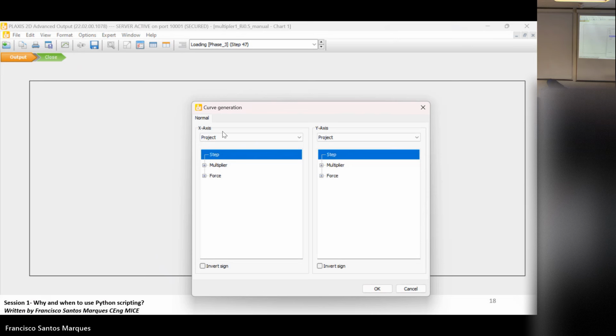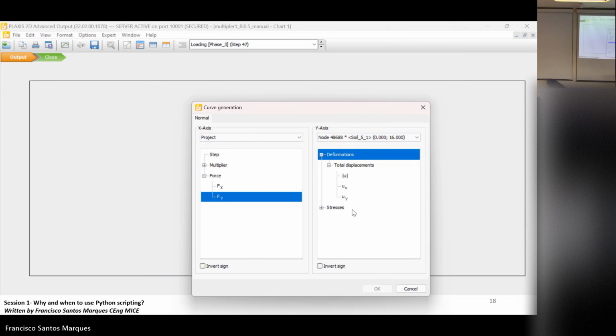On this one, I want the force, because it's an axisymmetrical model, I can have the reaction of the analysis. Because I'm imposing displacements, what I get is a reaction, right? So I can plot this in force, and then go to deformations and total displacements. Okay, fine.